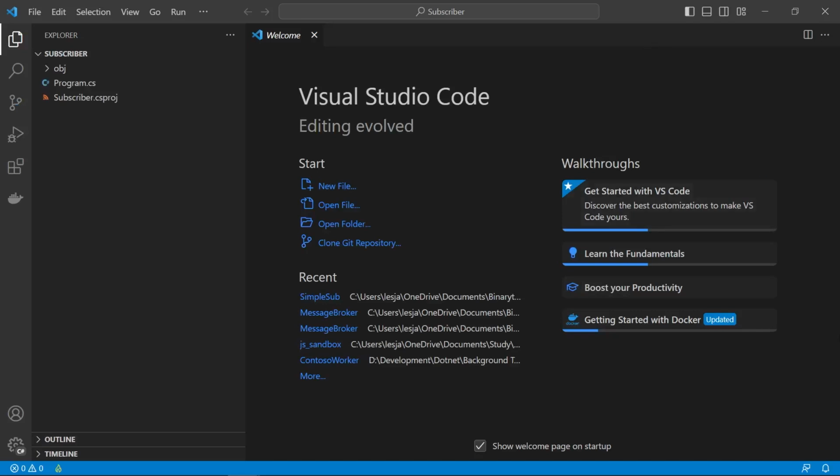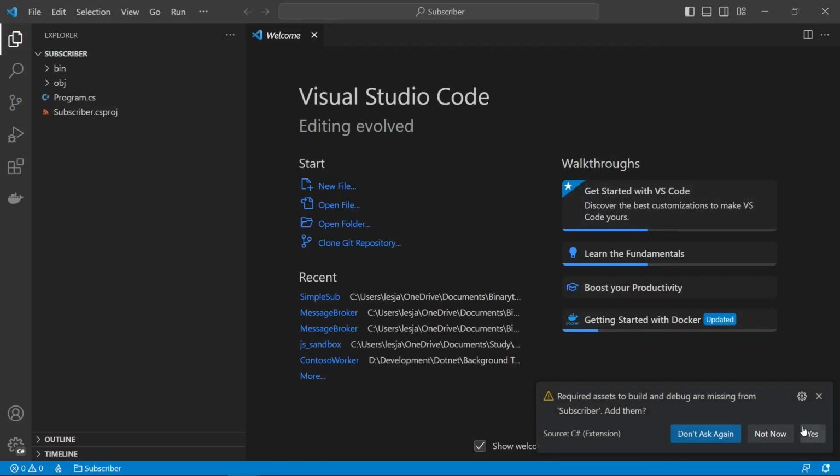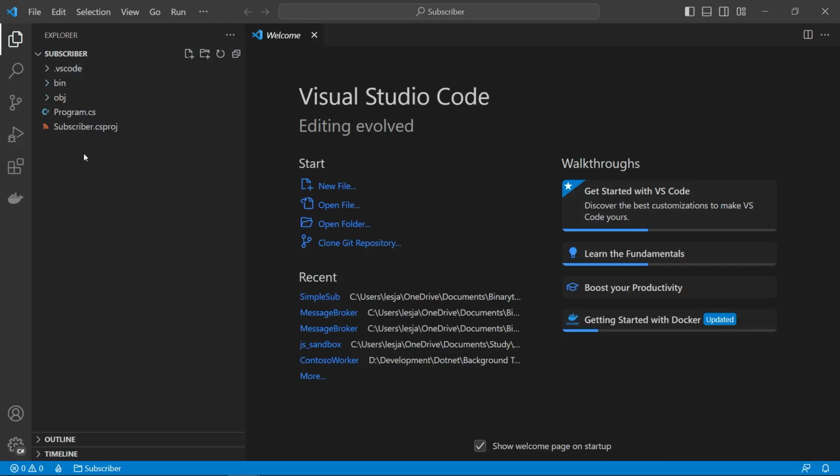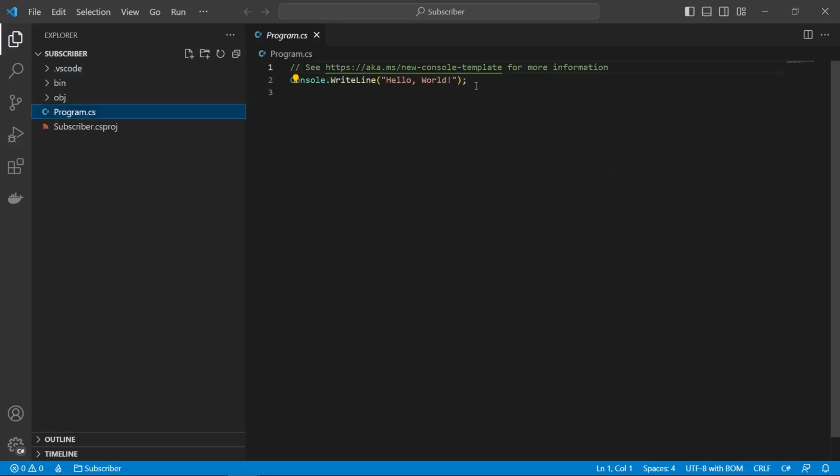Excellent. We'll probably get the pop-up down here. Indeed we do. Just click yes to that. And yeah, console application, very simple, but I do love console apps. You can do a lot with them. So